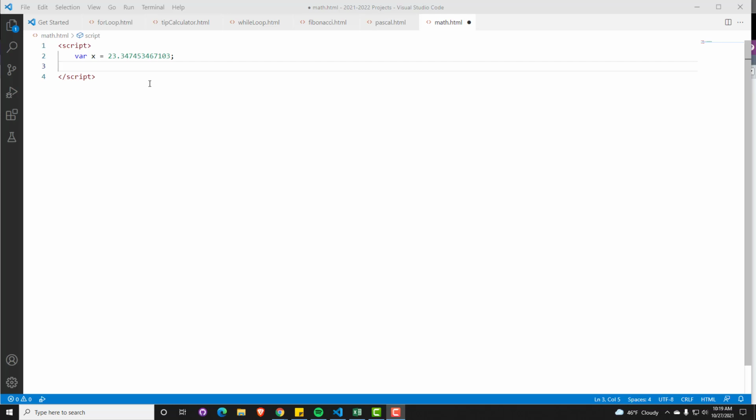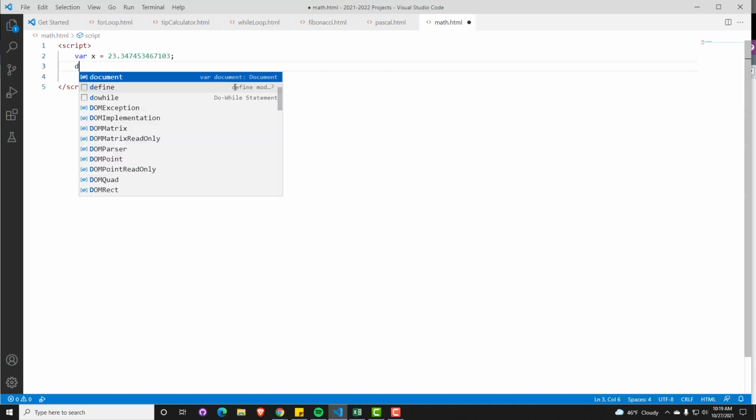In this lesson, we're going to look at some of the math functions available. So here I have a variable x that is set to 23.347453, etc., etc. And I'm going to look at some different ways that I can round this. So the first one I'm going to look at is just the normal round function, what you would expect rounding to do. So I'm going to say